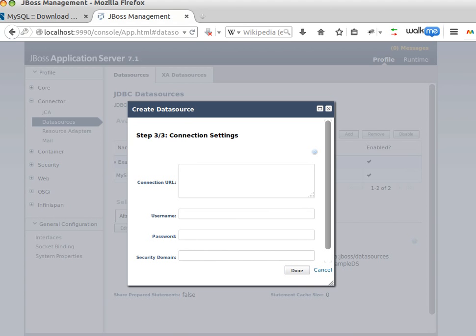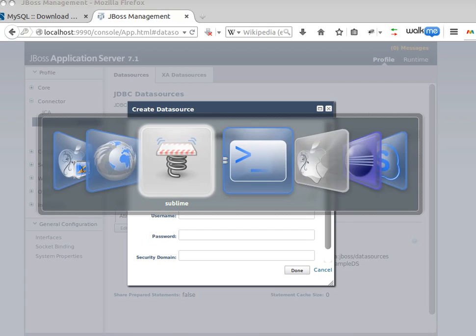Next, give these settings. The connection URL will be the connection URL that you have to give when connecting to the database. Username is your username, password is your password, forget about the security domain. So what we would do is